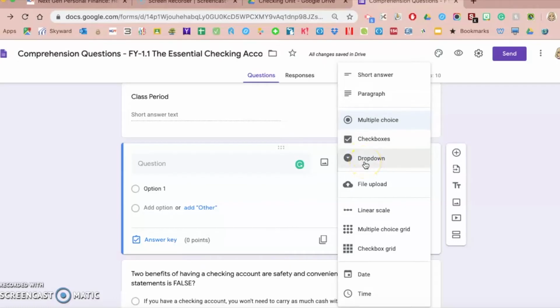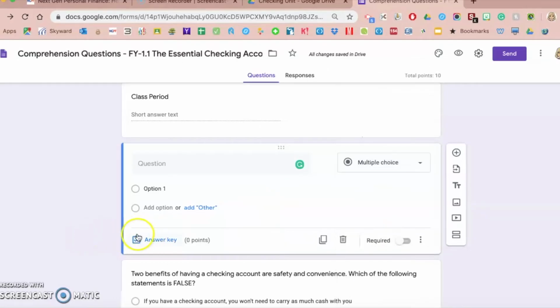A drop-down menu. Students can upload a file if you want them to through the Google form. They can do like a Likert scale or a linear scale on a scale of 1 to 10. Personally, I haven't used these two very much, but you have some multiple choice grids and checkbox grids, if that makes sense to your assignment, and then inputting date and time within their answer. So you can offer them that. Answer keys will be gone over a little bit later in a later video,